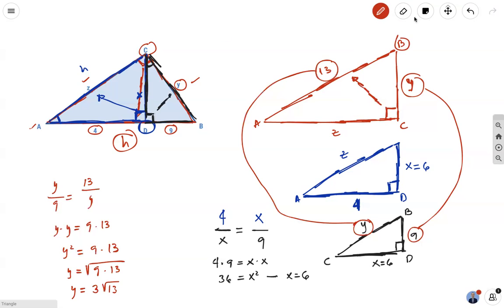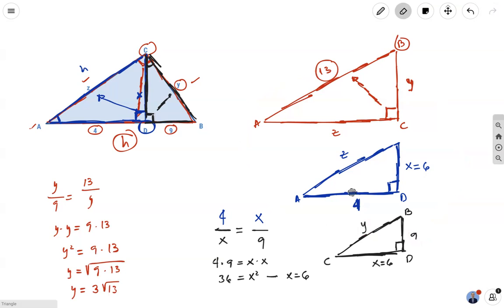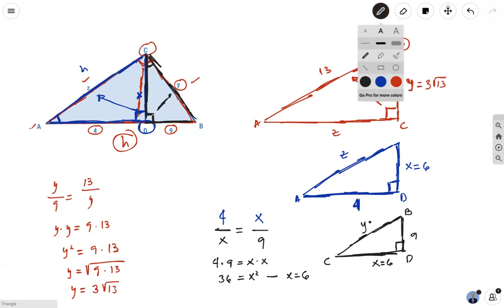So that means that I can substitute the y values here. So this y is equal to 3 times the square root of 13. And down here, this is equal to 3 times the square root of 13. So we're just missing the last variable. And for that, we can use pretty much any triangle. But if you want to keep the same method, we could say that